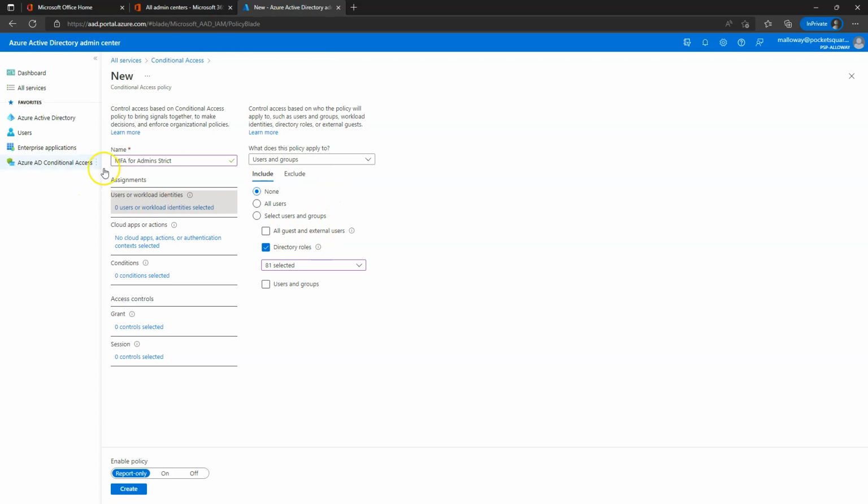We're looking at multi-factor authentication. This is for admins only, so anybody in this directory role. If I am a member of this directory role, this policy is going to apply to me. However, there's one thing that I want to caveat that I want to also throw out here, is that Microsoft has, and I also recommend this myself, Microsoft has a best practice to use what's referred to as a break